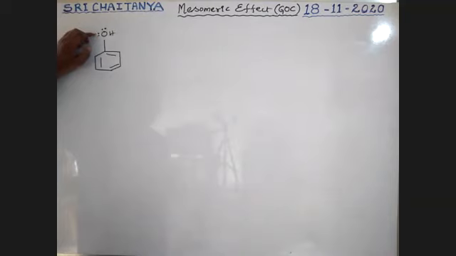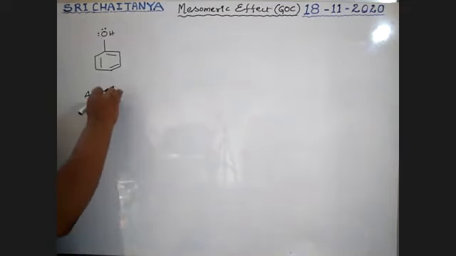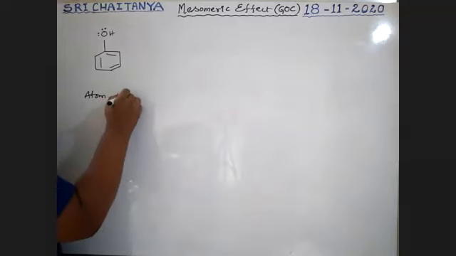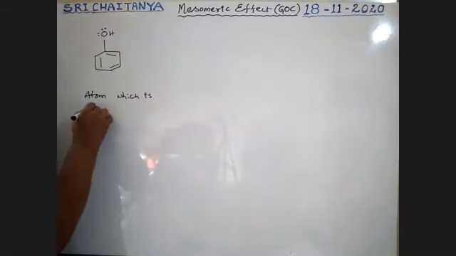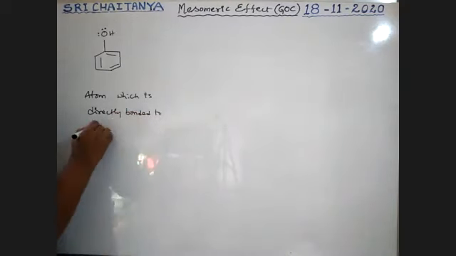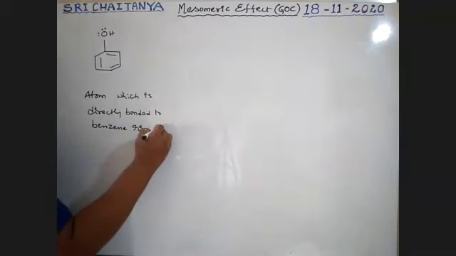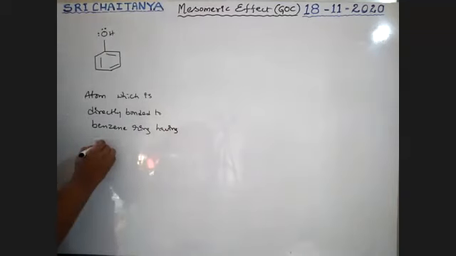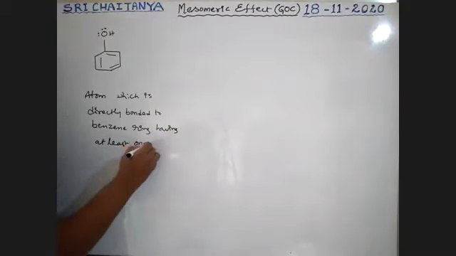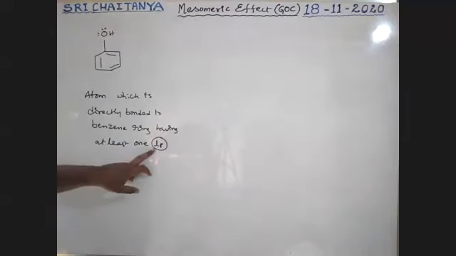At least one lone pair, that is the atom having, I am writing here, boys. Atom which is directly bonded to benzene ring having at least one lone pair. So atom which is directly bonded to benzene ring having at least one lone pair